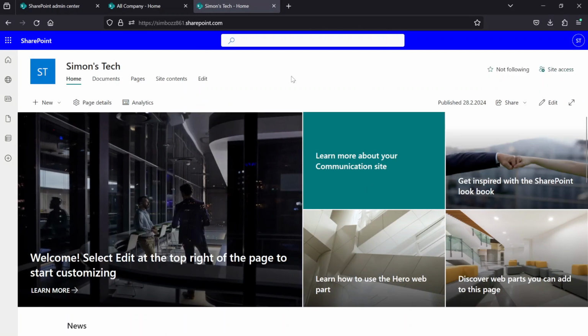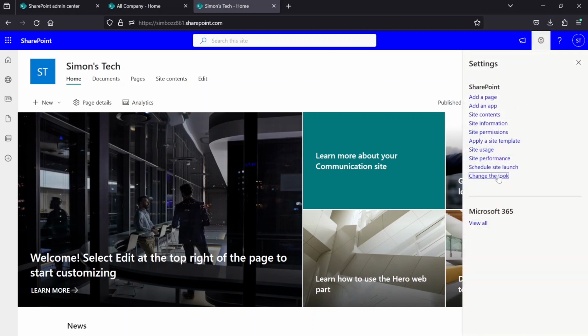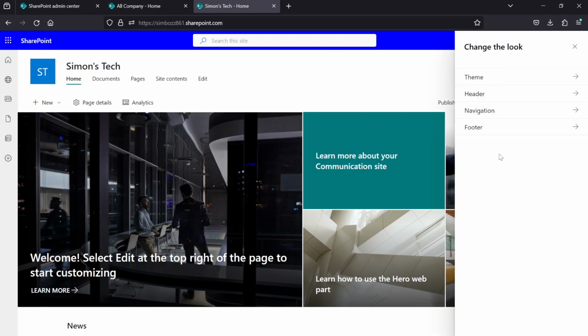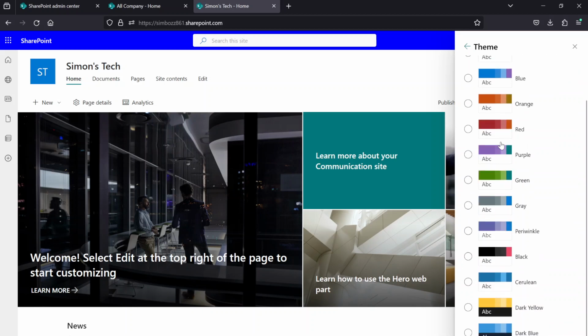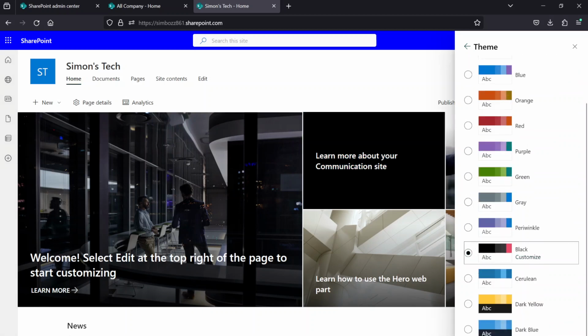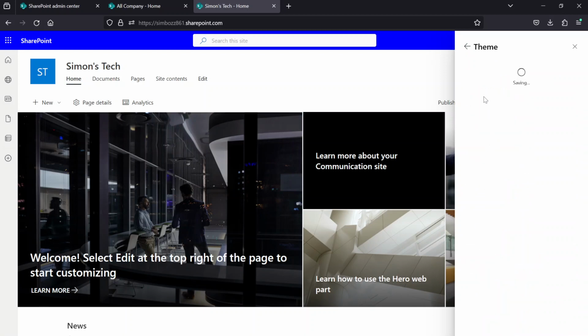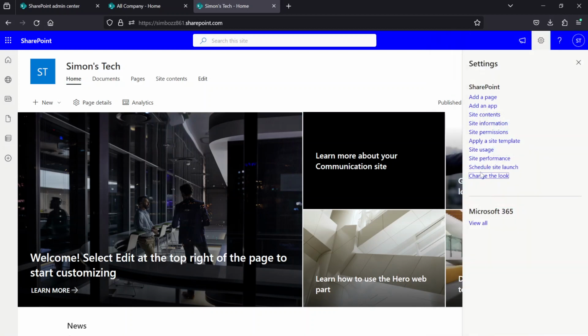Now, a second thing, you want to change things up such as the name and logo, and make it more according to your colors, let's just say it like that, which you need within your company. Now, what I mean by that is, I'm going to show you. So we're going to go to change the look. Now, as you can see, theme. The currently selected theme is this one. I want to choose a black theme. Why? Because my logo is also